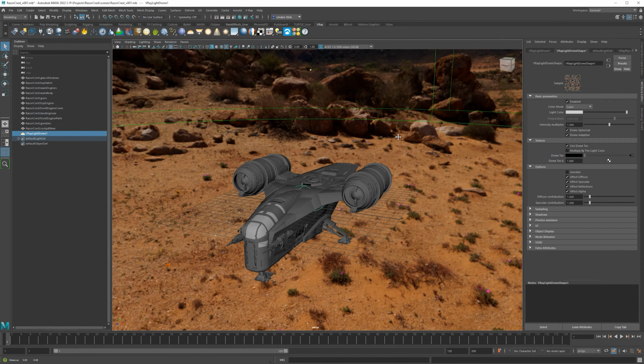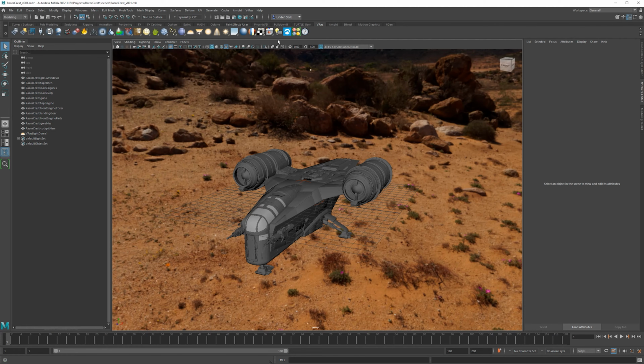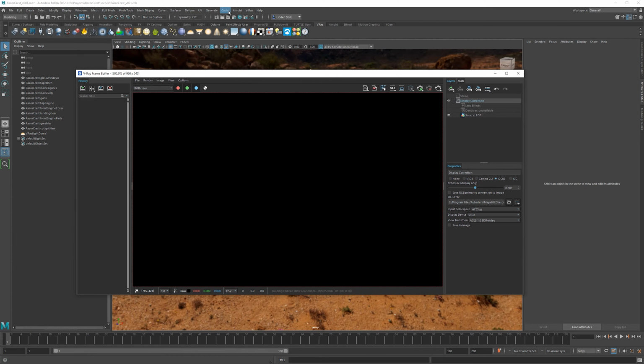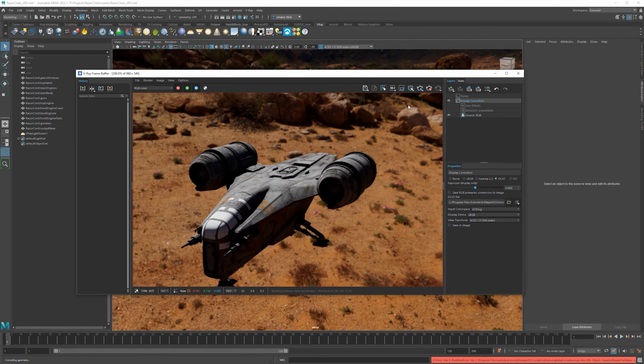Okay, so to see how this looks, we're going to open up the V-Ray frame buffer. So there's a few different ways that we could open up the V-Ray frame buffer. We could click this little button here, which opens up the V-Ray frame buffer here. You can also access that by just clicking one of these up here. This though will start a sequence if you have sequences enabled, so you might not want that. It can be like a final production render too. IPR automatically starts up the V-Ray IPR, which you might not want.